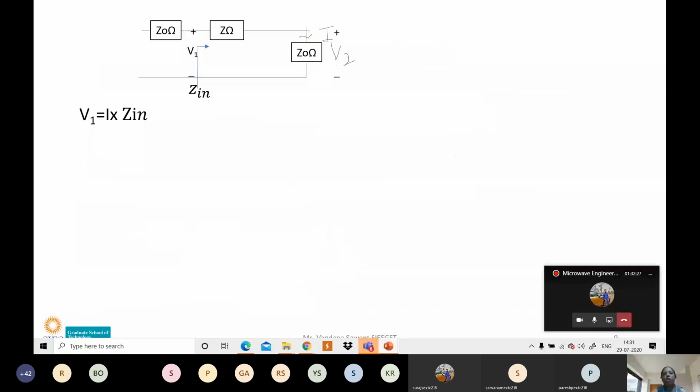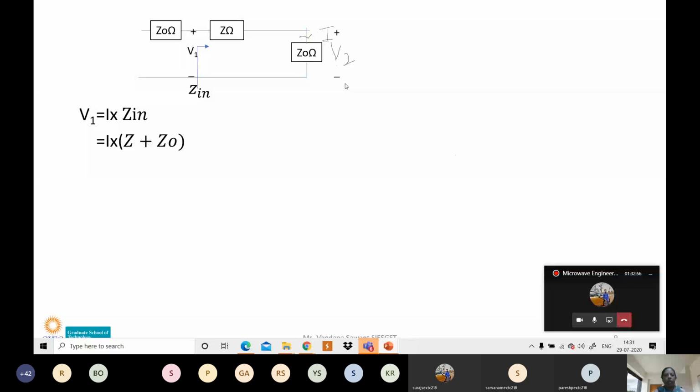Now here, how are we finding it out? See, this is a different method, or this method you need to use for a series network. So first of all, what does S21 mean? It is a relation between V2 and V1. So you need to know both these V1 and V2 values.